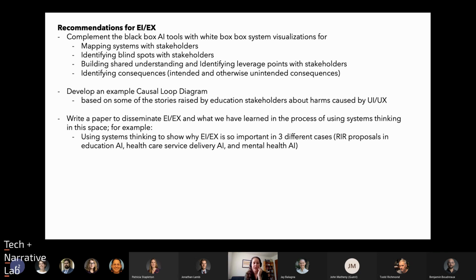some recommendations that came out of this group. Again, using the visualizations, developing something like a causal loop diagram specifically for the EdTech example. And then we were also thinking about potentially writing a white paper to disseminate these ideas, circulating that in the systems thinking community and getting some feedback there. So Ben, actually, if you go to the next slide and then the following slide that has the next steps